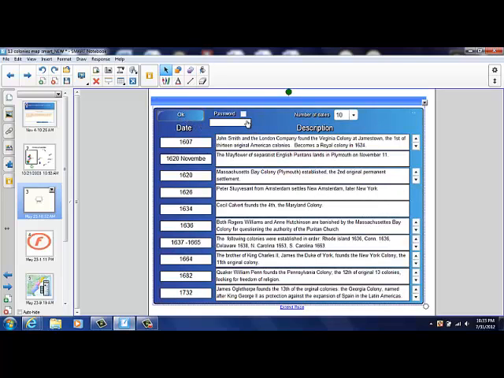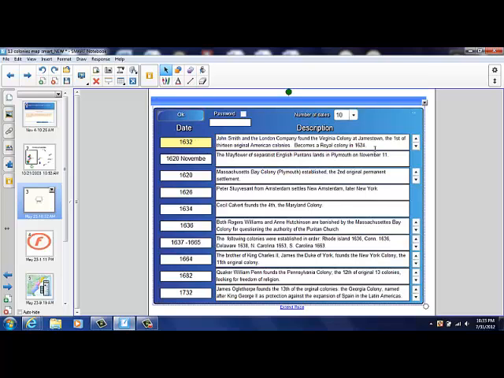Since this is a template, the password is obviously not set, but if you were a teacher and wanted to set a password, you could, and that would protect it from other people changing. You can change the number of dates you have here on the timeline. You can also come over here and change the date of the event, and say we wanted to change that to